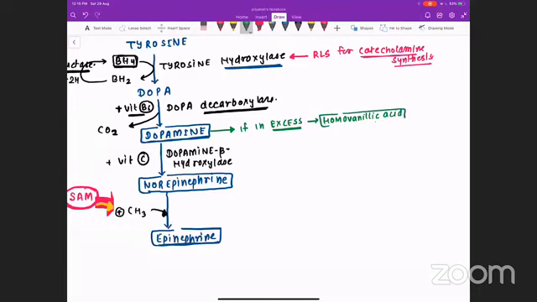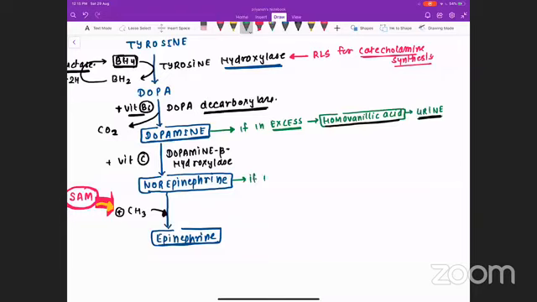Homovanillic acid, and that homovanillic acid will come in urine. So whenever we are suspecting that there is an increased amount of dopamine in the body, what you can do is check the level of homovanillic acid in the urine. If it is increased, yes, we can say there is an increased amount of dopamine in the body. In the same way,